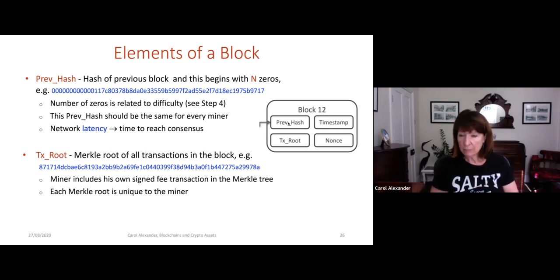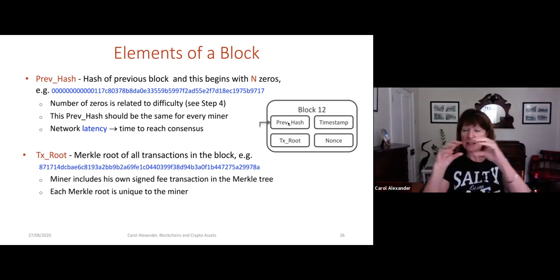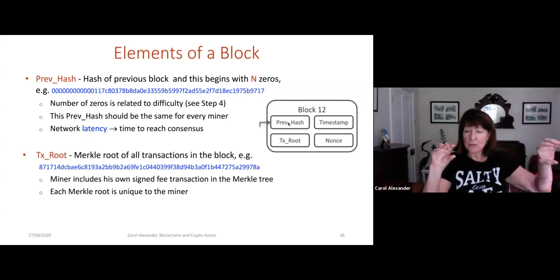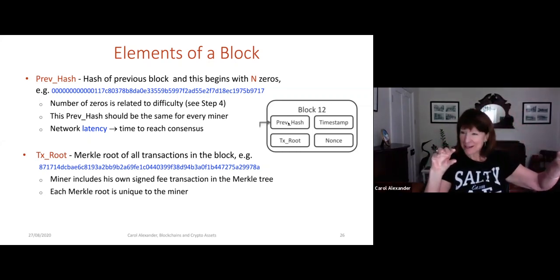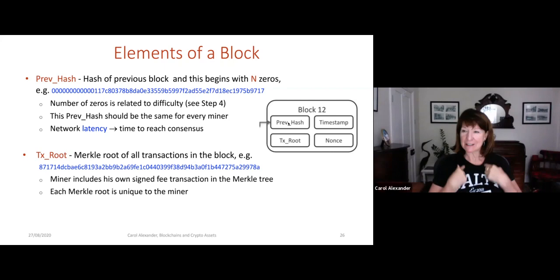And in some blockchains, not so much Bitcoin because it's slow, it's only 10 minutes a block. But when you've got 10 seconds a block, as in Ethereum, the latency might be a problem, which means that miners tend to work with different previous hashes. And that can lead to a chain that is sort of lacy, it's not a single chain like the Bitcoin blockchain. You could have things called uncles that go and come back to the main chain, a bit like if I've got a necklace and it's got another loop on it, yeah? Okay,